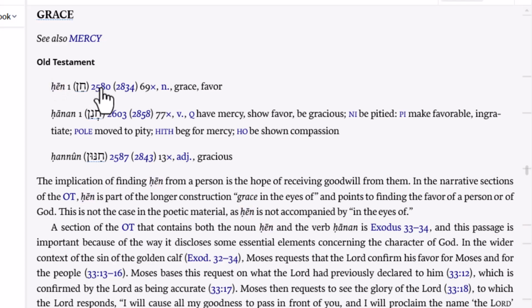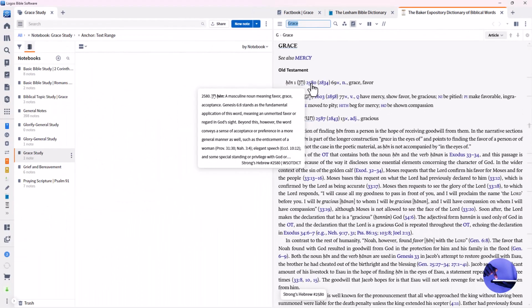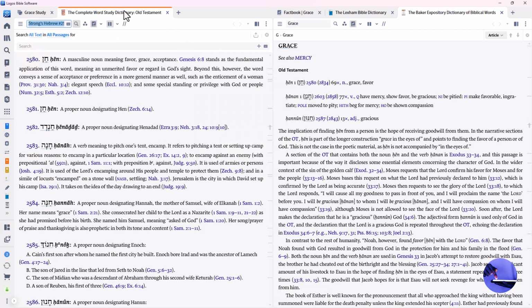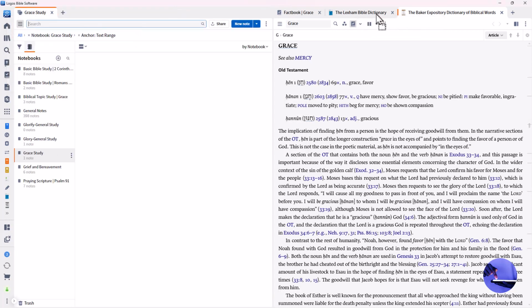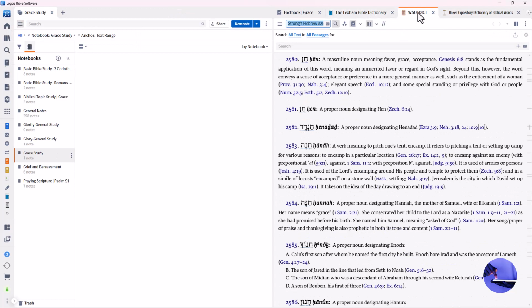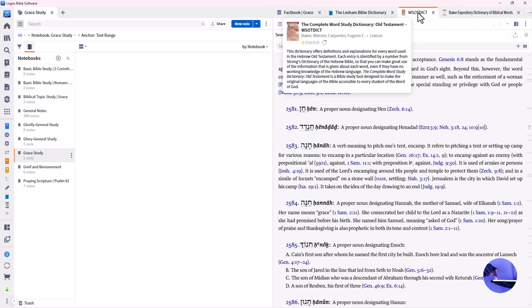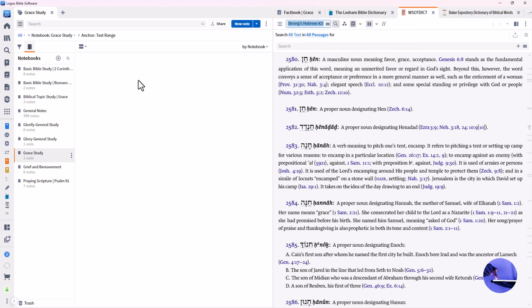And you see a Strong's Concordance number here associated with grace in the Baker Expository Dictionary. So I can just click on that number, and now it pulls up the Complete Word Study Dictionary, Old Testament. Whatever I click on, it just brings up that particular resource. Now I can begin to build